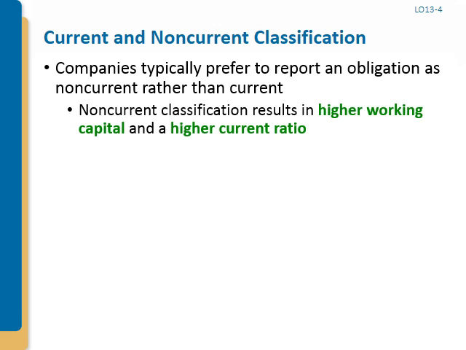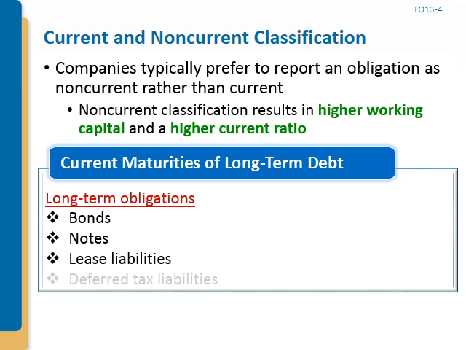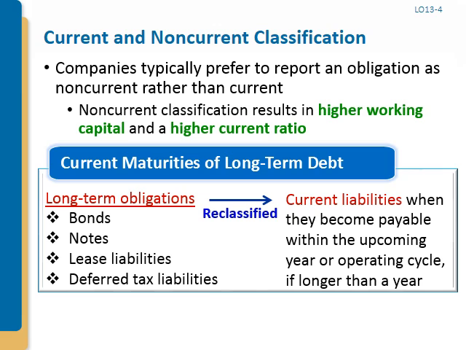Given a choice, management typically would prefer to report an obligation as a non-current liability over a current liability. The reason is that in most settings, outsiders like banks, bondholders, and shareholders consider debt that is payable currently to be riskier than debt that need not be paid for some time, because the current payable requires the company to be able to access the necessary cash relatively soon. Also, the long-term classification enables companies to report higher working capital, current assets minus current liabilities, and a higher current ratio,